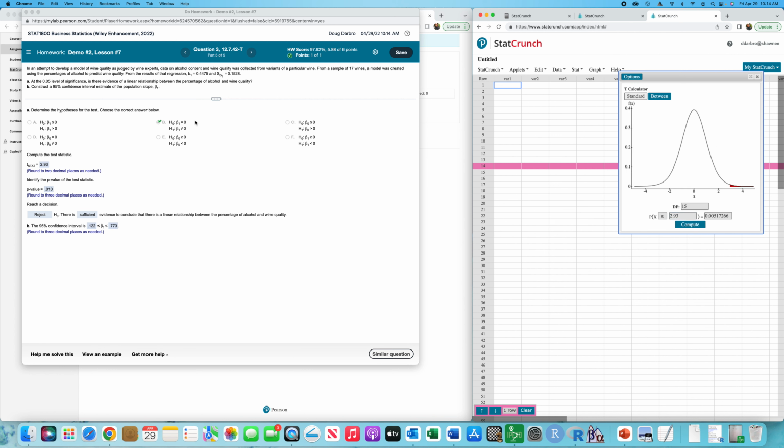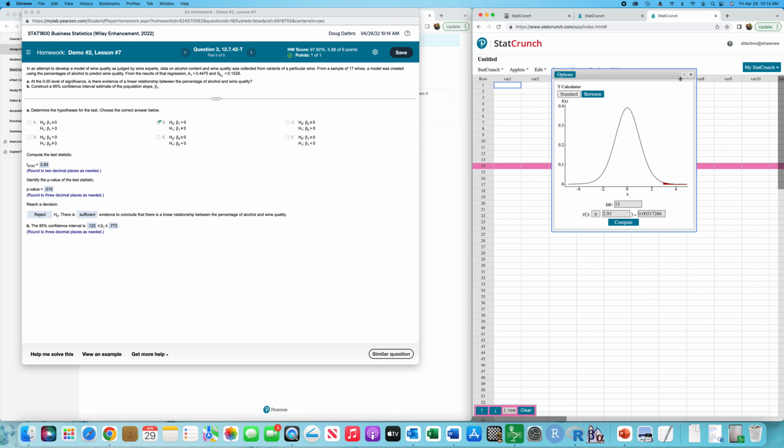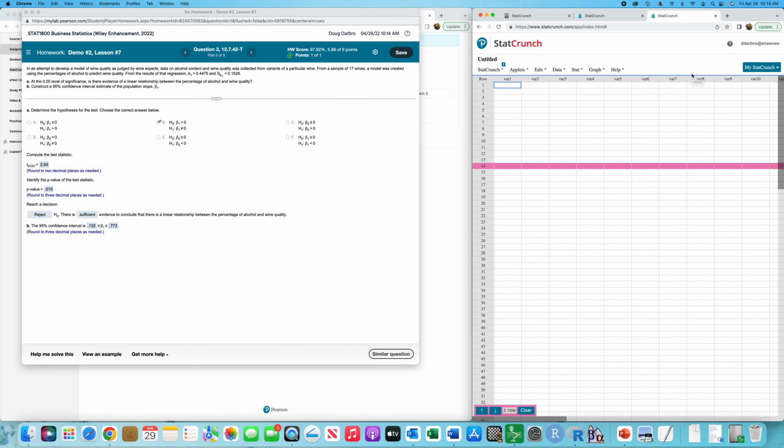And since I'm doing a two-tail test, I need to multiply that by 2. And you can see I get 0.010. Now, my alpha value is 0.05. So my p-value is less than alpha, so I'm going to reject. So there's sufficient evidence to conclude there's a linear relationship between the two variables. All right, next thing I need to do is calculate the